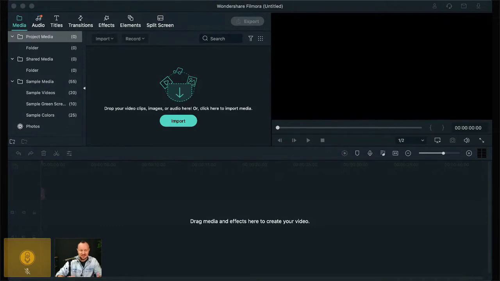Okay, and so this is what Filmora looks like. And the reason I chose Filmora, you can use any video editing solution you want, but I would steer clear from the free ones like iMovie and things like that, because you want a lot of options. Filmora is a one-time $60, which I think is really affordable for what they have. And they also have really good support. They have an amazing YouTube channel. They're also really cool people.